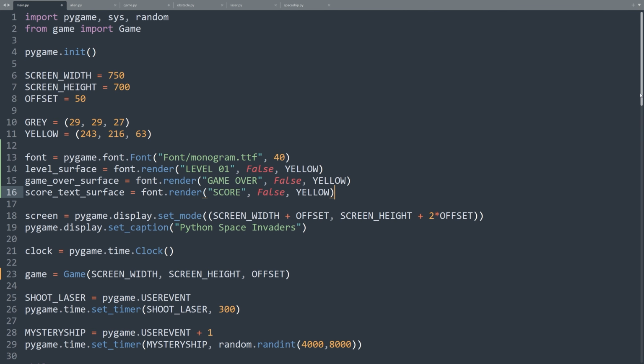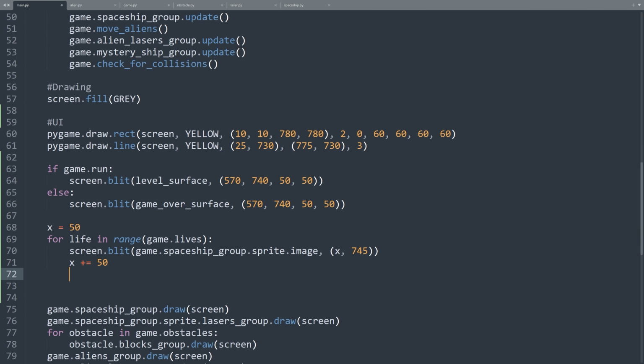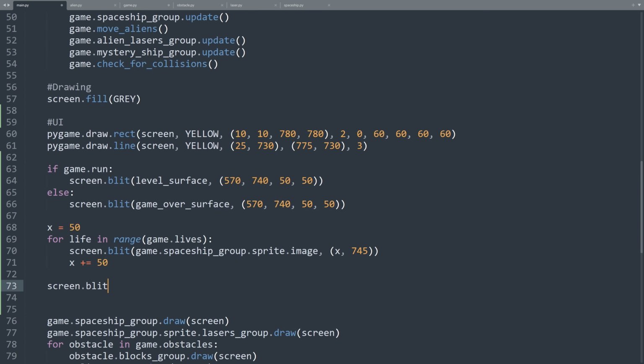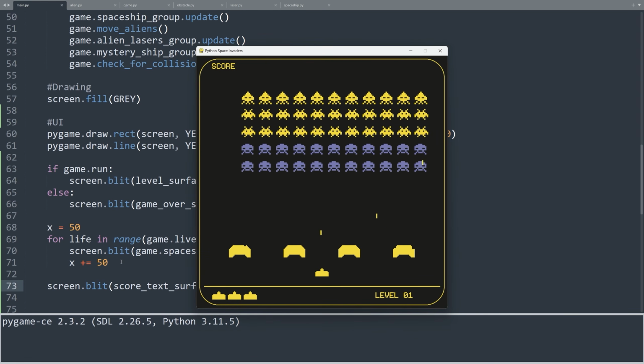And in the game loop, we display that static surface with the following line. Screen.blit parentheses score text surface, comma, parentheses again, 50, 15, 50, 50. Let's do a quick test to see if that works okay. Perfect, the text score has appeared.